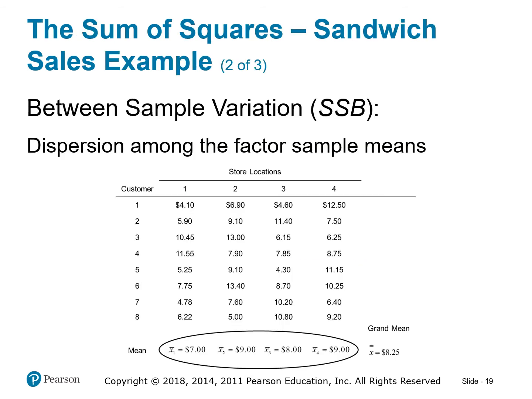All right. Then next up, we do the mean of all the groups individually. So notice down here, I have the mean of the first group, or sorry, first store, second store, third store, and then fourth store. And don't forget, grand mean, double X guy. Cool. What are we going to do with this? We're going to use it to measure the sample variation, or the variation between the groups, so comparing them all